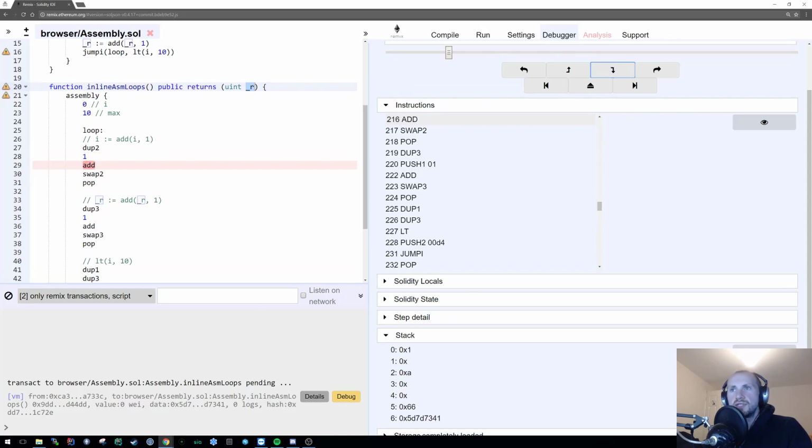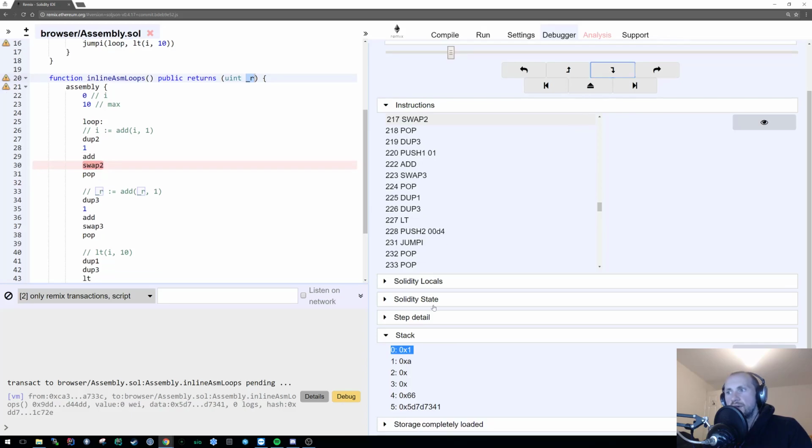We're then executing the add instruction, which will take the first and second value, combine them together into a single value, and get rid of any excess value, which is now 1. We are now swapping the value of 1, or the first position of the stack, with the second position, which is then becoming here,